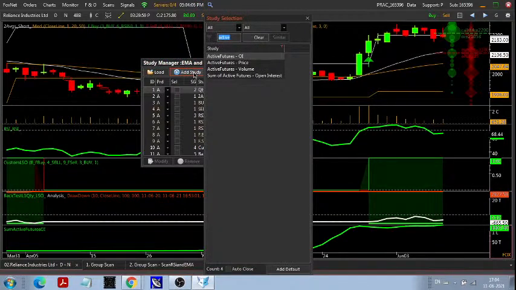But there are no price changes in this, only OI changes? No price change, it will show you the simple open interest value only. Active futures OI is only the current month OI, is it? Only the current month, sir. Sum of active futures means all three months.